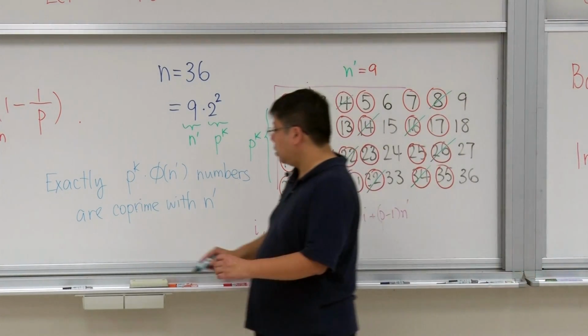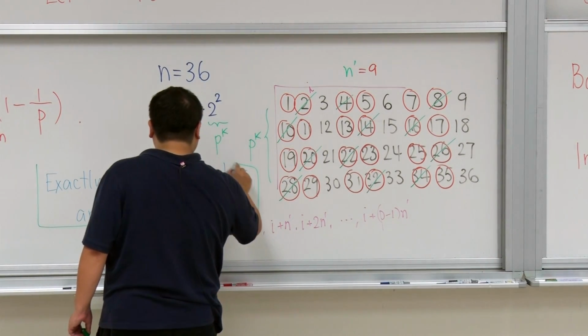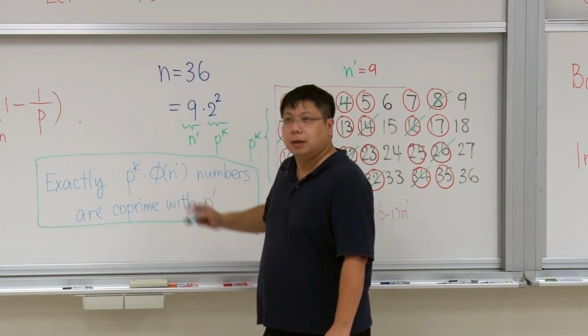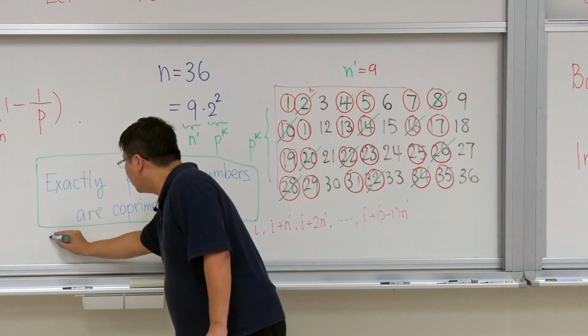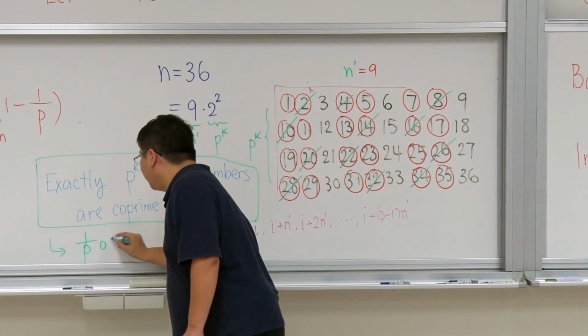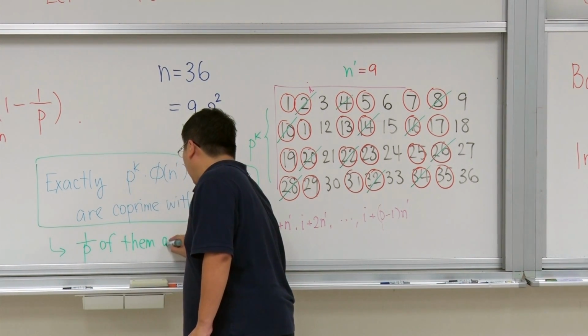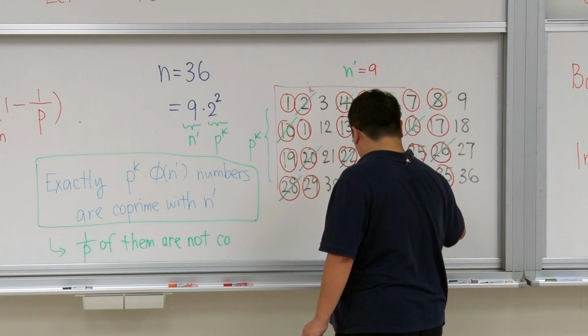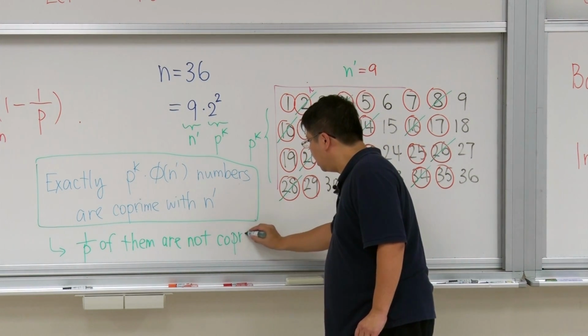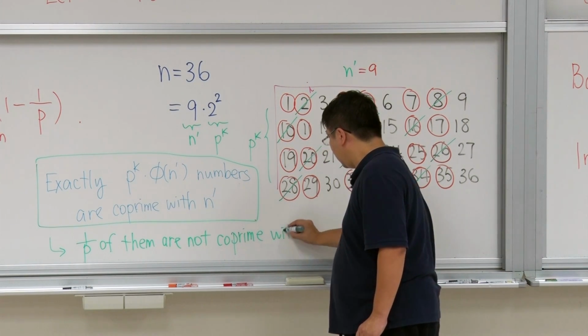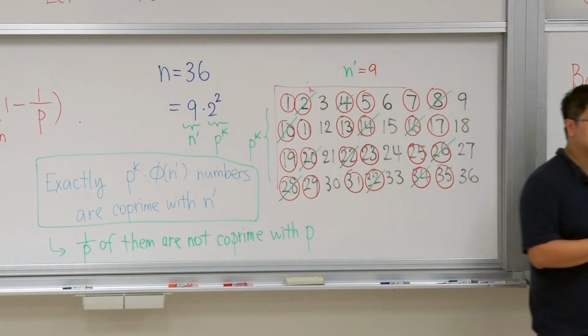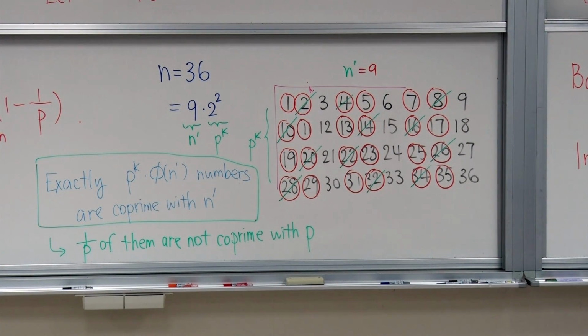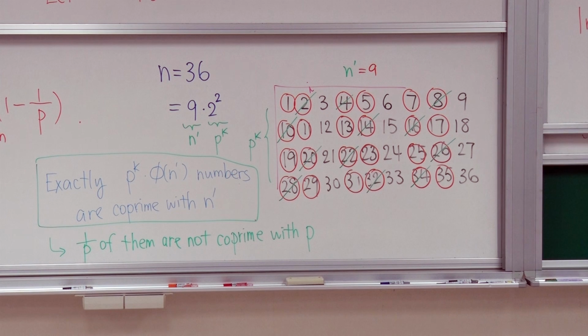Okay. So this is just talking about co-prime with n prime. And then 1 over p of them are not co-prime with p. Is that okay? So in that case, if you go back to this one, we will have